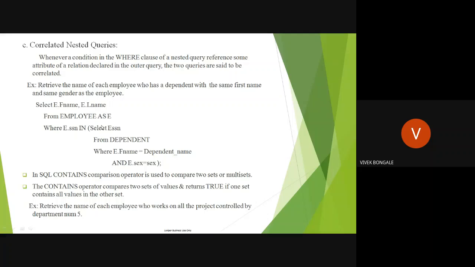For example, in place of 333 we got two values, like 333 and 888. So we're going to compare these two values with the inner query with the help of CONTAINS. The CONTAINS operator compares two sets of values and returns true if one set contains the other set. For an example, retrieve the name of each employee who works on all the projects controlled by the department